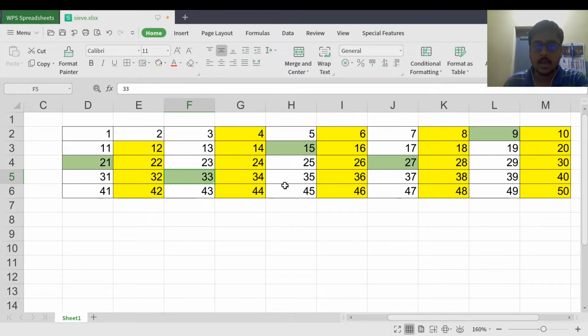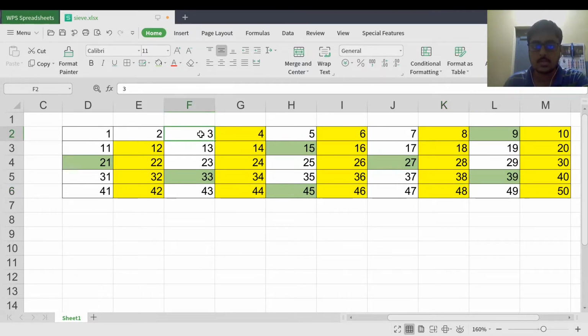Then 36 is marked. 39 is not marked, so I mark it. 42 is marked, 45 is not marked, and 48 is marked, and then it's greater than 50. So I've marked all those numbers which are divisible by 3.